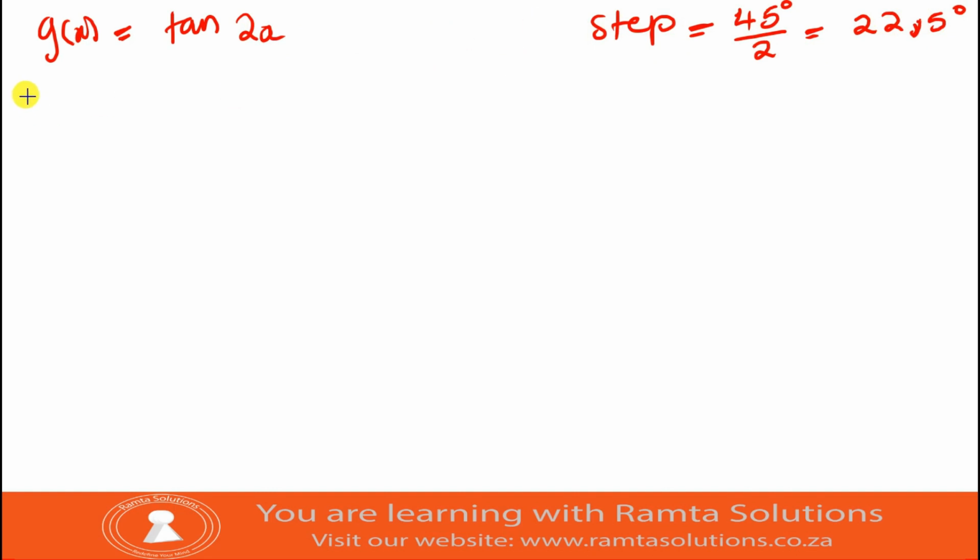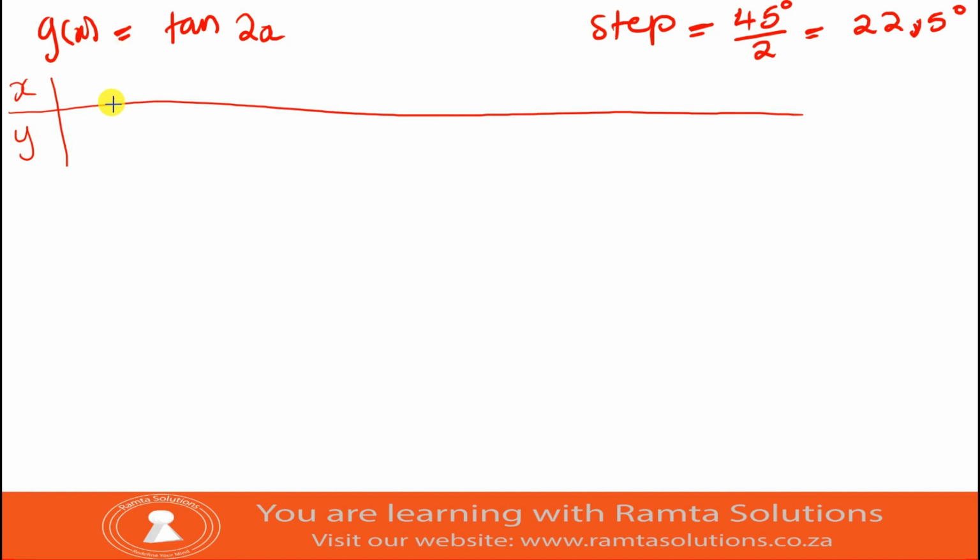Now go to your calculator. In place of f of x, say f of x equals tan 2x, close the bracket. G of x, we can leave it for now. We're still starting at 0 and ending at 360, but our step is 22.5. So for this one, I'm going to make it a bit smaller. X and y, the values are